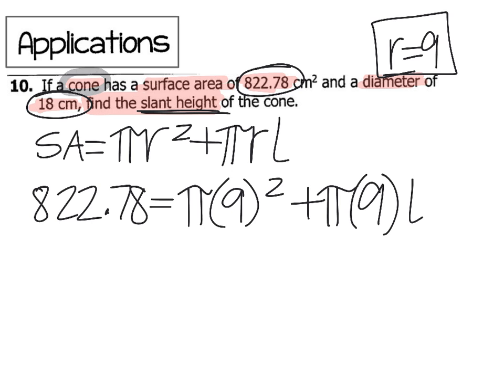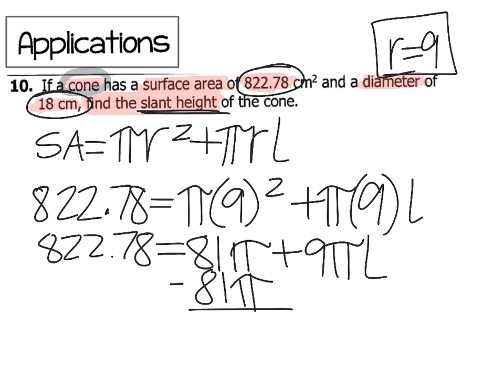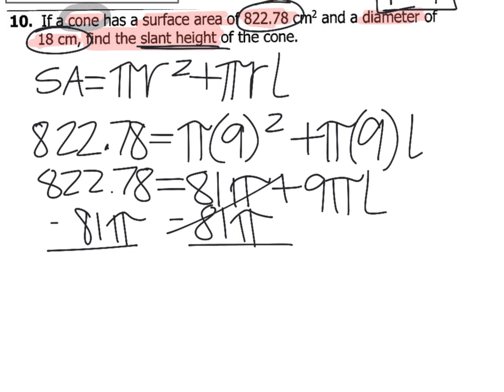So anytime you have a problem like this, start with identifying what formula you need, then plug in the given information, then solve for the missing variable. All right? So now it's just algebra, and we're solving for L. So 822.78 equals 81 pi plus 9 pi L. Then we want to subtract 81 pi from both sides. Let our calculator do all the hard work here. We do 822.78 minus 81 pi, and we're going to get